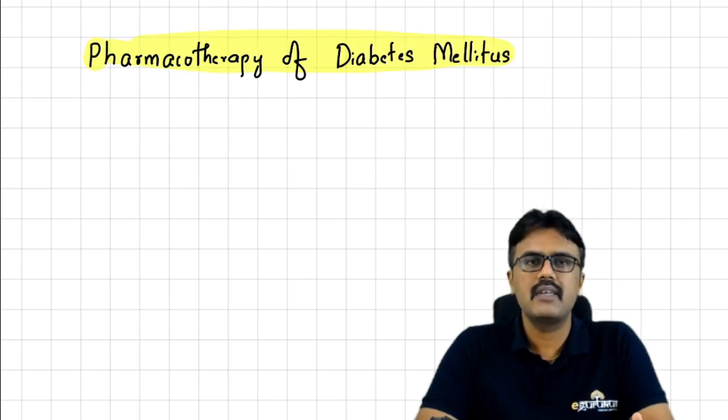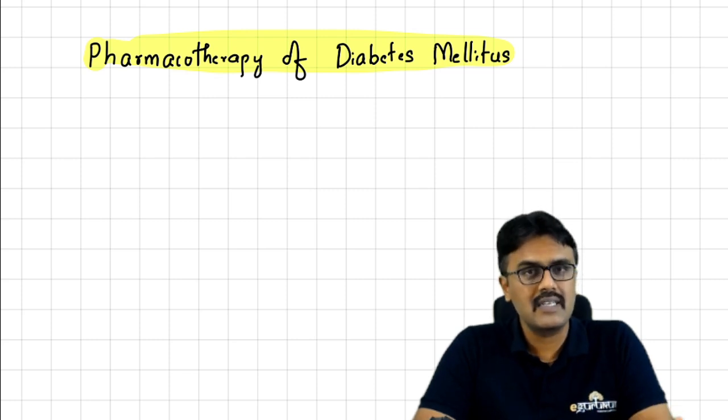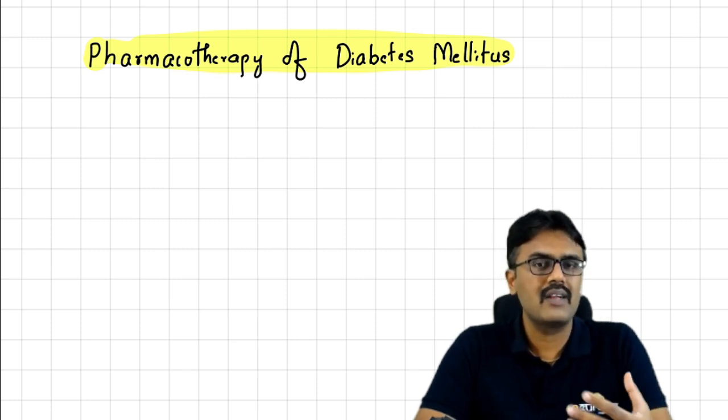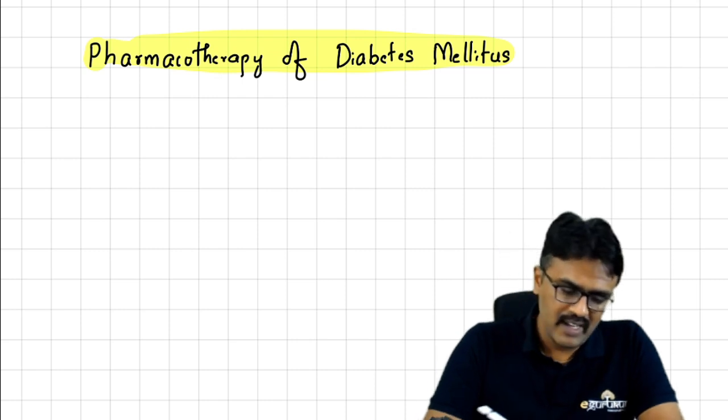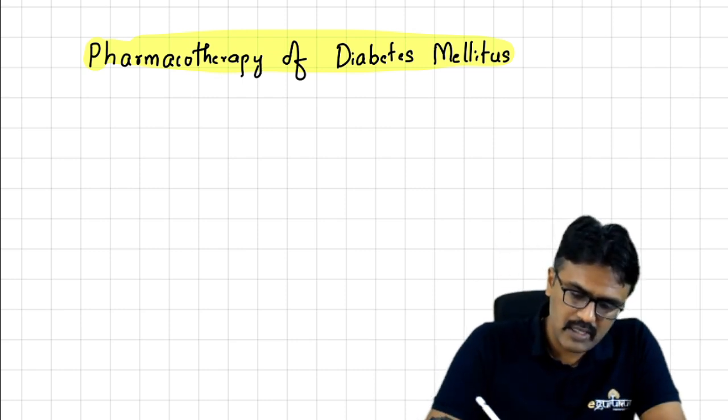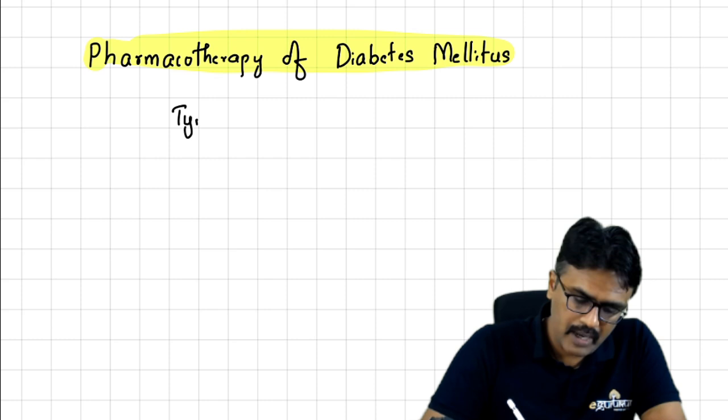Basically, diabetes mellitus falls into four categories: type 1, type 2, gestational diabetes, and other varieties. Now we know they diagnose it by simple plasma glucose and HbA1c level. And we have drugs which can be injected, and drugs which can be given orally. So let us see what the types are, how you diagnose, and what the treatment aspects are for diabetes mellitus. Now, first and foremost, the diabetes mellitus types are type 1 diabetes